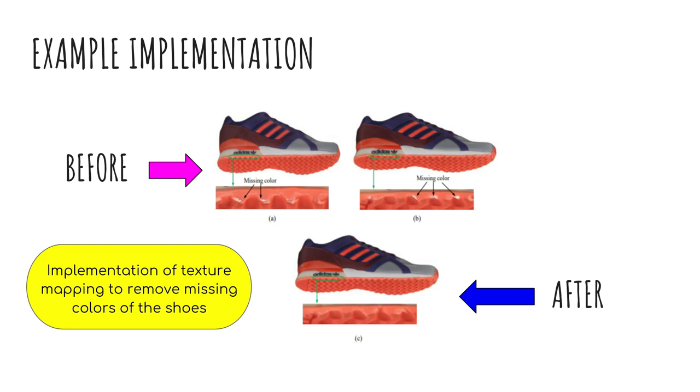As you can see in the picture below, it is the implementation of texture mapping to fix missing colors of the shoes. Texture mapping can also be applied to add new texture to the part of the object that is missing colors. As you can see on the slide, pictures A and B show the process before the shoes were given the new texture, while picture C shows the shoes after the process of adding new texture to the shoes. So next,